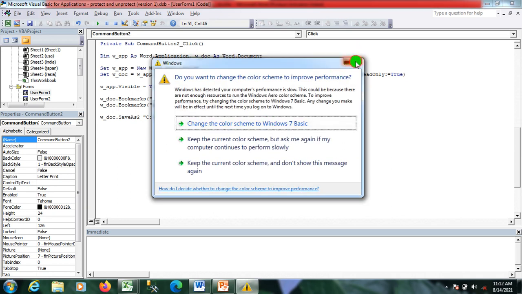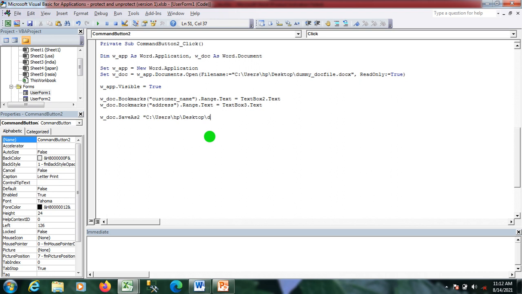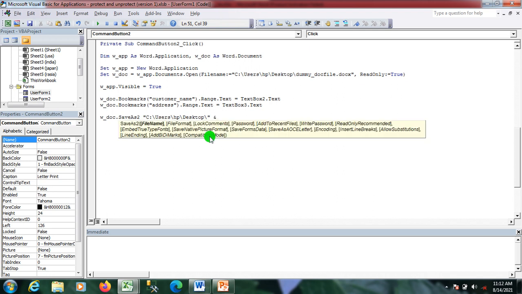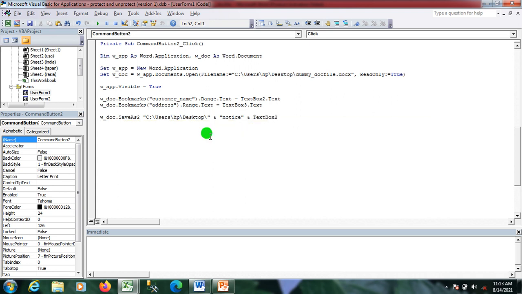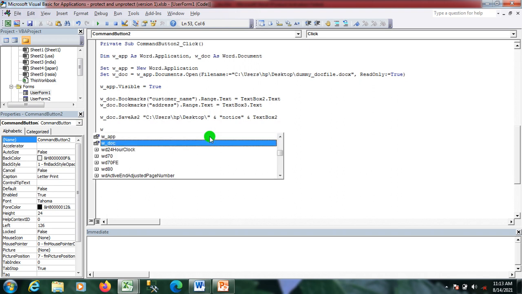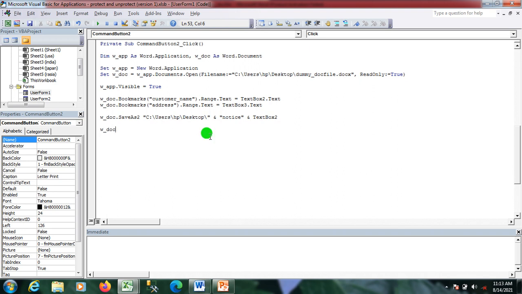Sorry guys, sorry for this. I want to save this document on the desktop with the name notice, combined with TextBox2. Now I'll close this document, Close with changes.